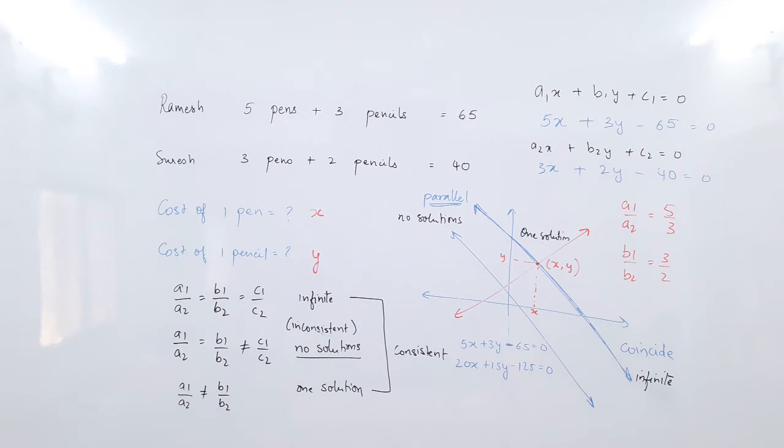What have you understood so far? That when the equation has two variables, you need a minimum of two equations. But even if you have two equations, the number of solutions will depend upon these conditions. So note this down. If a1 upon a2 equals b1 upon b2 equals c1 upon c2, there are infinite solutions. If a1 upon a2 equals b1 upon b2 is not equal to c1 upon c2, the lines are parallel with no solution. And only when a1 upon a2 is not equal to b1 upon b2, we have a unique solution, or one solution.